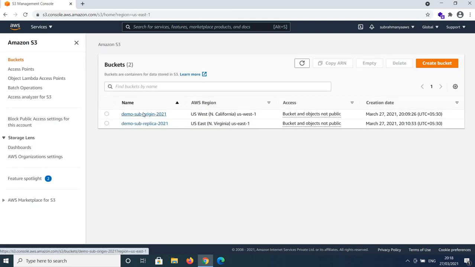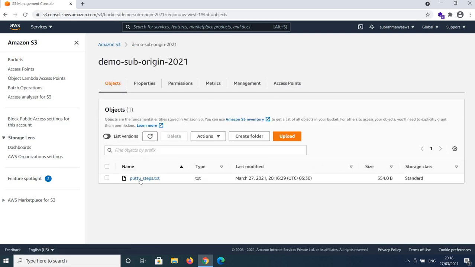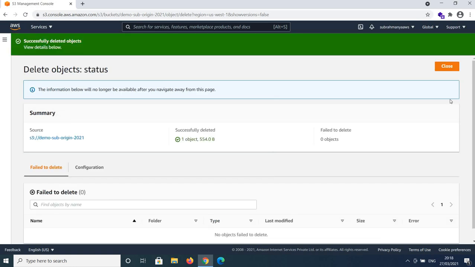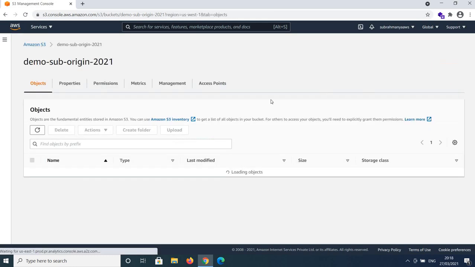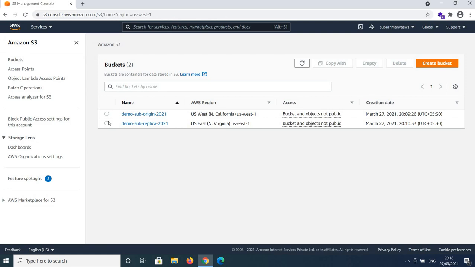Next go to other S3 bucket, select it and delete it. Click delete objects, close it. Now both S3 buckets are empty.